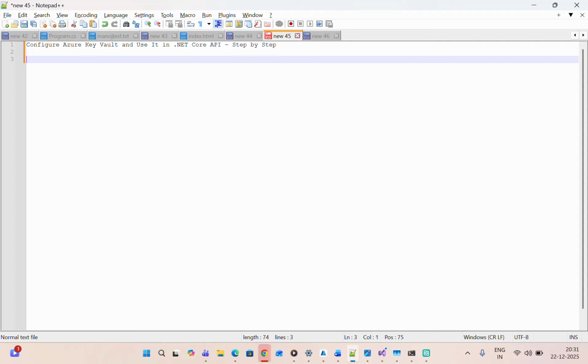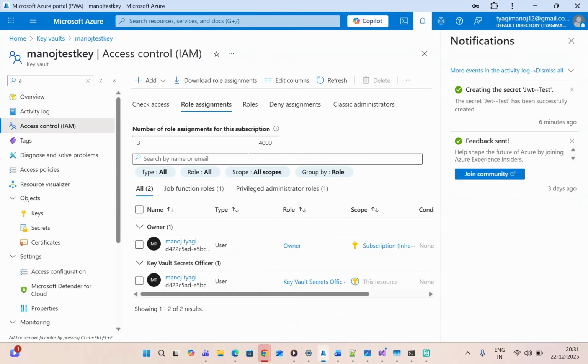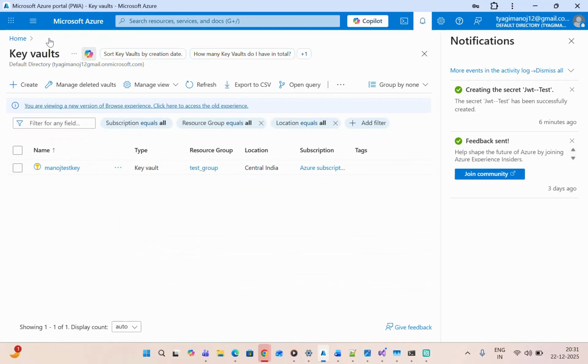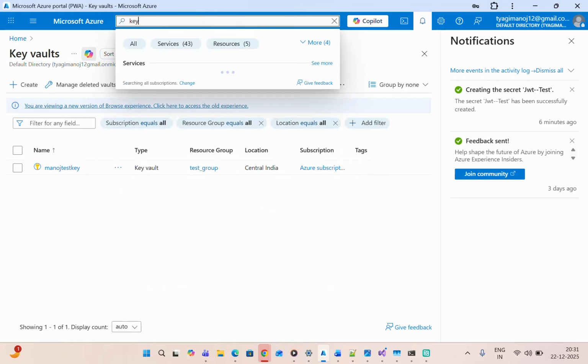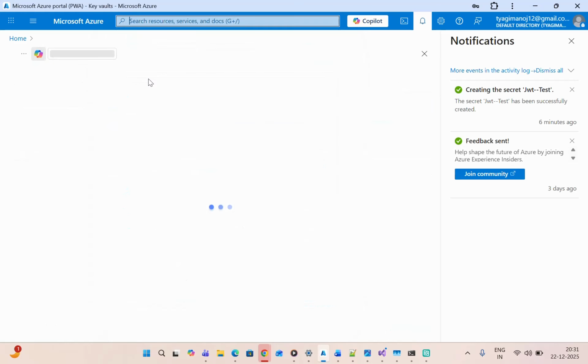Step two is create Azure Key Vault, right? To create Azure Key Vault, we need to go to the Azure portal, create the resource, and then create the Azure Key Vault, right? Okay, let me go to the Azure portal. I will show you everything there. First of all, I have already created the resource, so I'm directly going to Azure Key Vault. You can search for Azure Key Vault from the search bar. Once you can see the Key Vault,